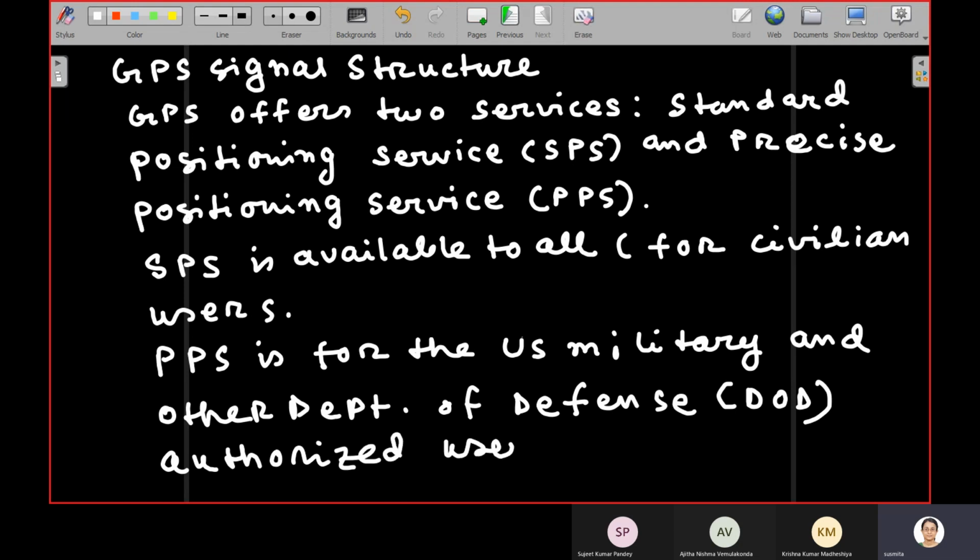So we do not know about the PPS signal structure fully. Some of it is completely unknown. Some is partly known but encrypted. So we'll not discuss PPS here. We'll mainly concentrate on SPS, the standard positioning service. In SPS also we'll not talk about all signal structures. There are different components. We are going to talk about the most basic one, but we'll note briefly what the other components are.